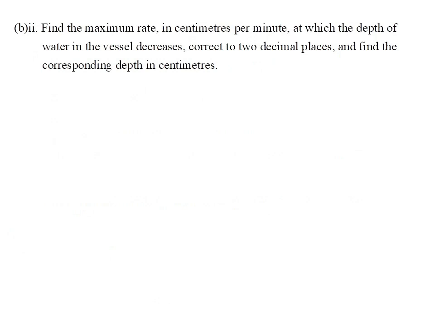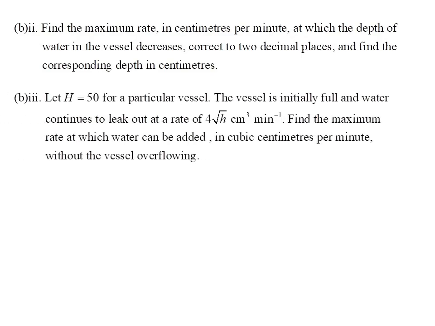Here we continue to explain Part B of question 3. Section 2 of Part B is to find the maximum rate at which the depth of water in the vessel decreases, and also find the corresponding depth in centimeters. In section 3, let h equal 50 centimeters for a particular vessel. The vessel is initially full, and the water continues to leak out at the rate of 4 square root of h cubic centimeters per minute. The section is to find the maximum rate at which water can be added in cubic centimeters per minute without